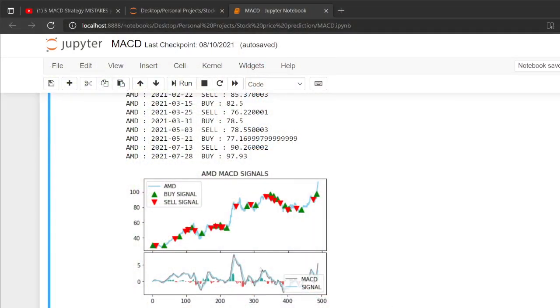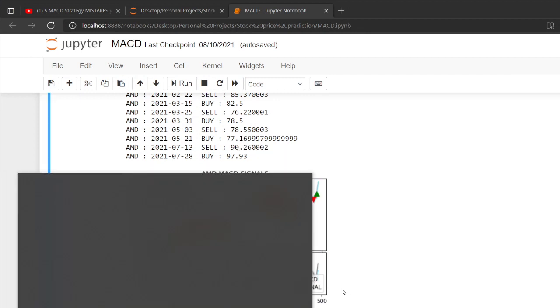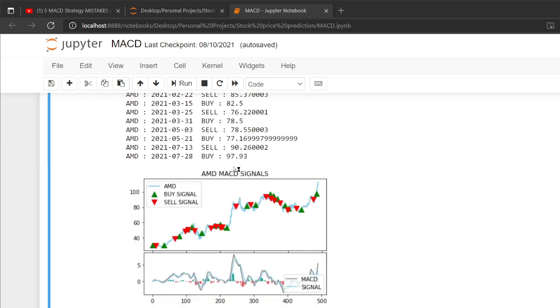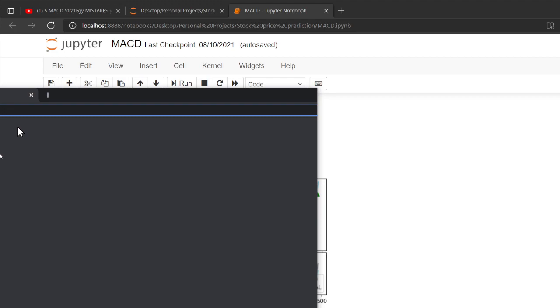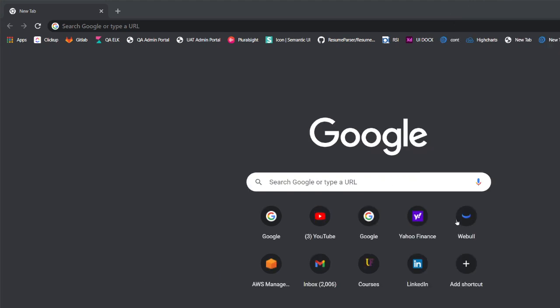In this video, I would like to explain how to generate buy and sell signals using Python. Essentially, we are going to program a MACD algorithm for a stock bot, however you want to call it. So let's get started. First of all, I would like to walk you through what a MACD is, right? And then hopefully once we do understand MACD, let's program a simple Python class that could generate these buy and sell signals, right?